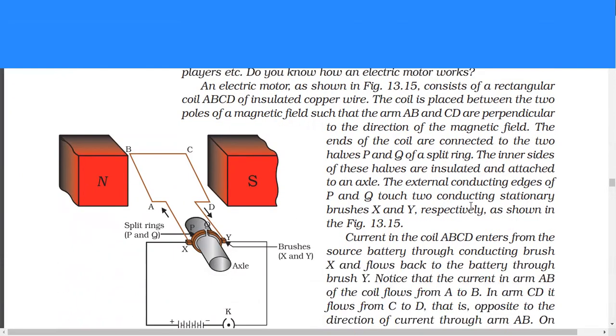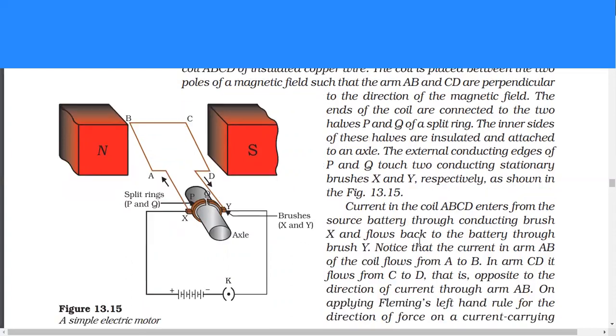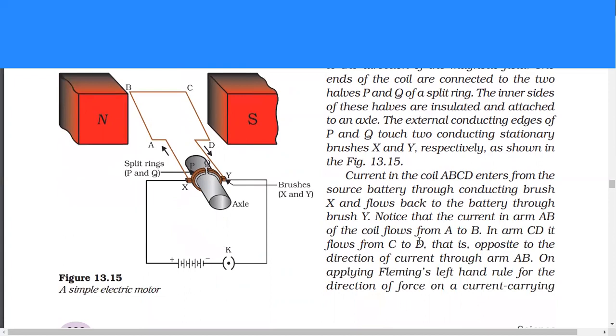An electric motor, as shown in figure 13.15, consists of a rectangular coil ABCD of insulated copper wire. The coil is placed between the two poles of a magnetic field such that the arms AB and CD are perpendicular to the direction of the magnetic field. The ends of the coil are connected to the two halves P and Q of a split ring. The inner sides of these halves are insulated and attached to an axle. The external conducting edges of P and Q touch two conducting stationary brushes X and Y respectively,